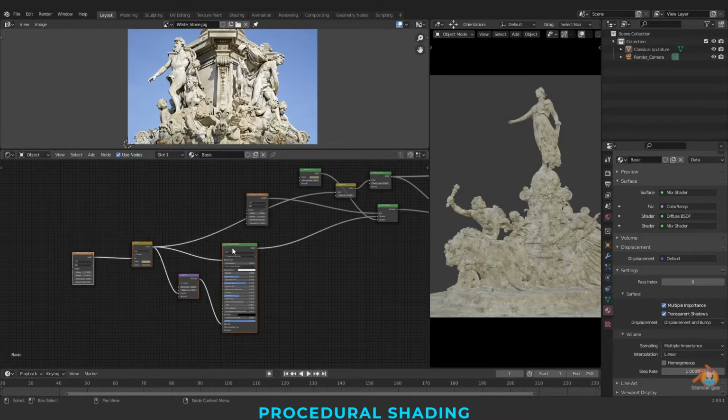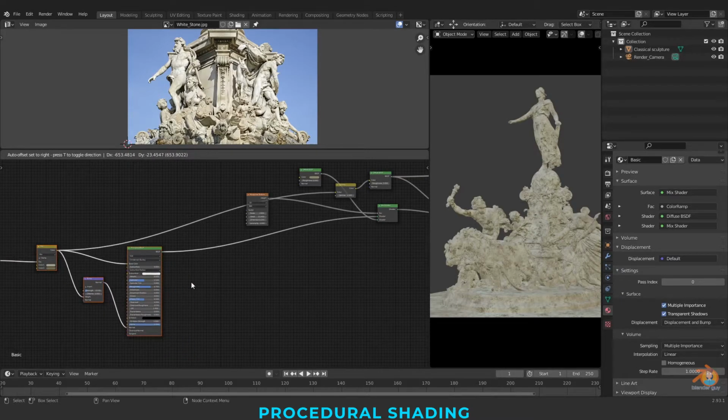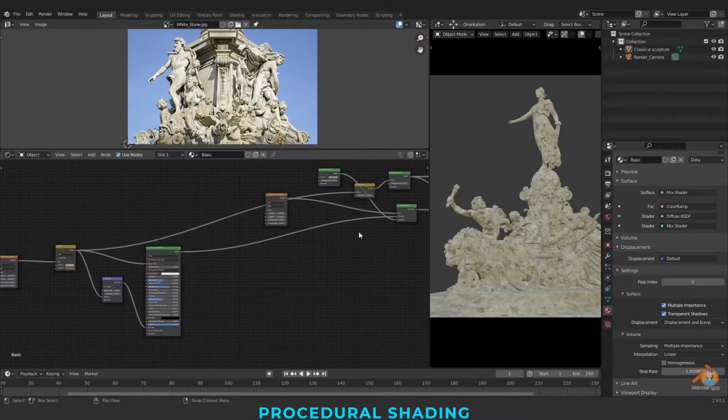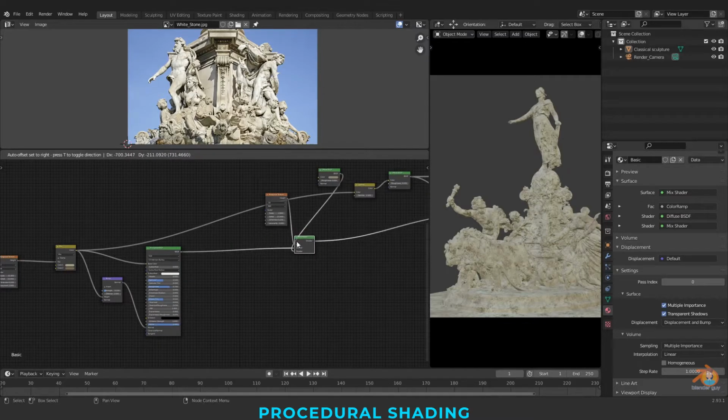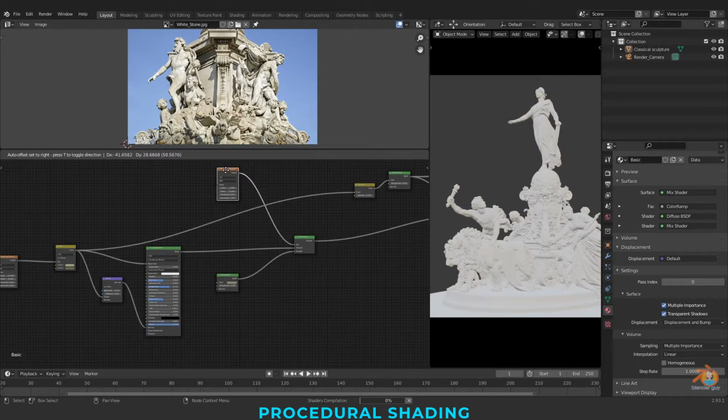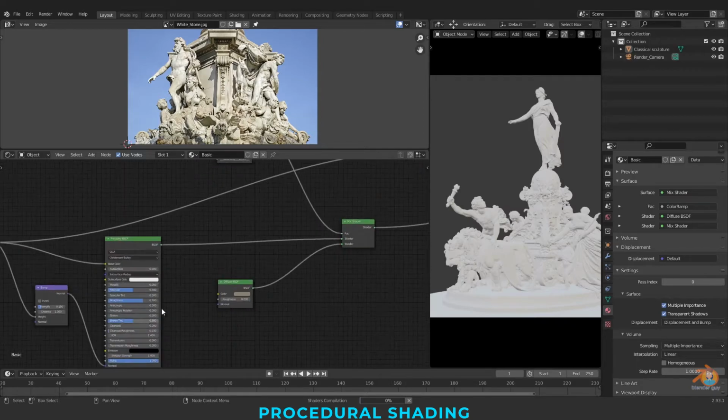This is like our main base shader, and then I have blended this dirt. This is like a mask and this is like another shader.